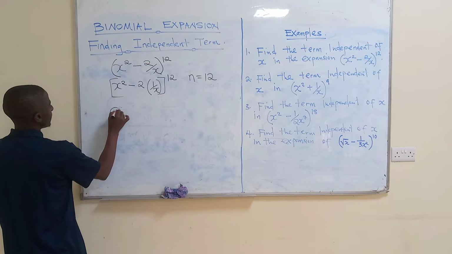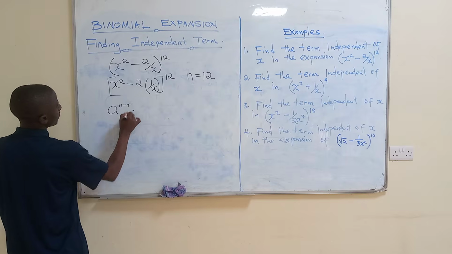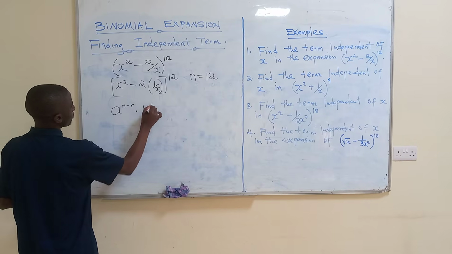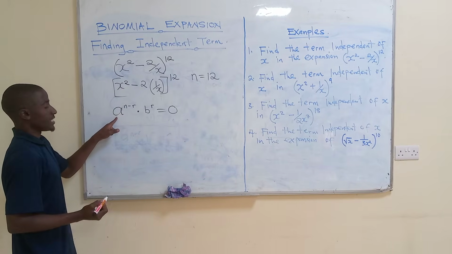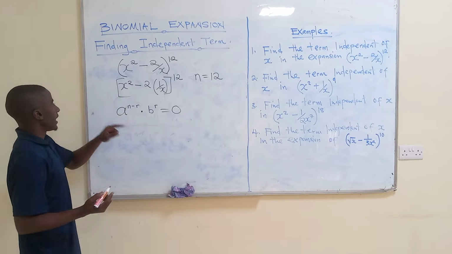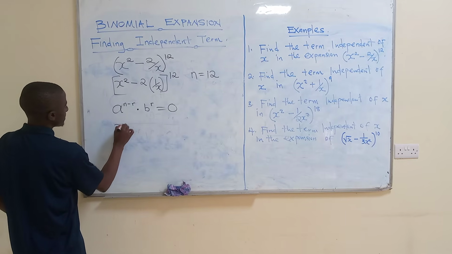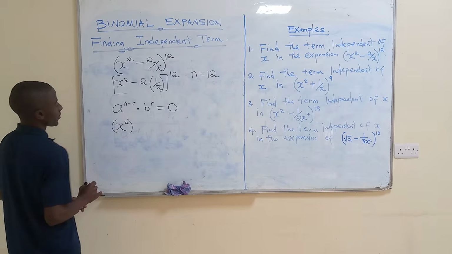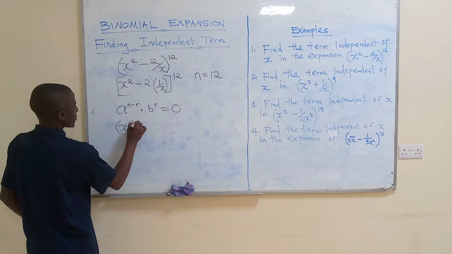So a to the power n minus r multiplied by b to the power r is equal to 0. For a, I said you have to focus on x. This is x squared, so I write x squared in brackets. What is n? n is 12, so this is 12